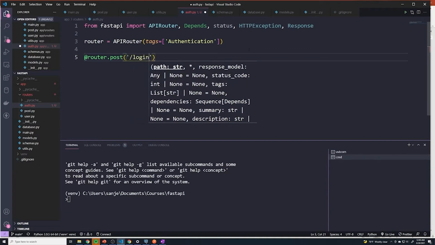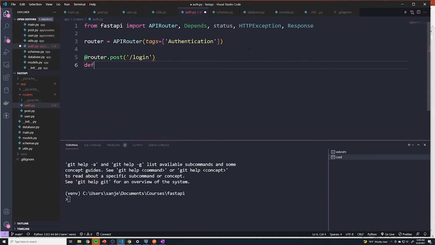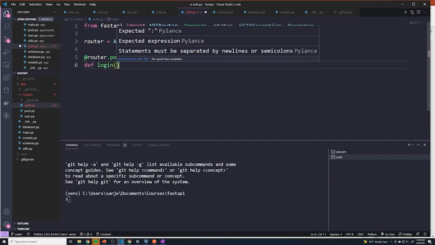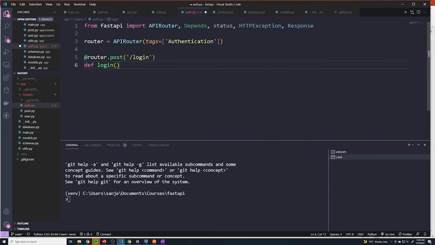And we'll send it to the login endpoint. You can call this whatever you want. You can call it authenticate. However, I like login. And then we'll define our function, and I'll just call this login as well. And because we're ultimately going to have to fetch the user from the database, we're going to have to import